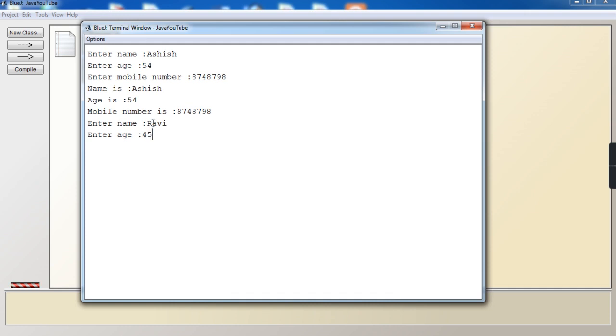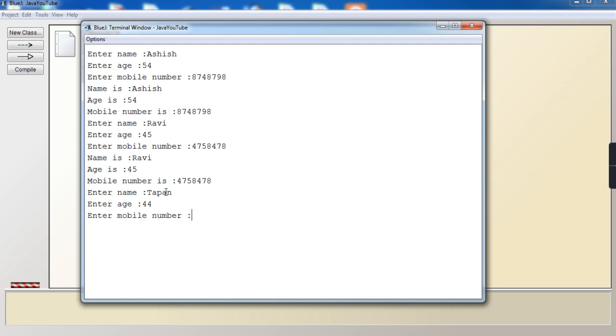Enter. Age is 45 and the mobile number. See, the detail is displayed over here. Ravi 45 and the mobile number, and the third name now. Okay, the third name is Tapan, and the age and the mobile number